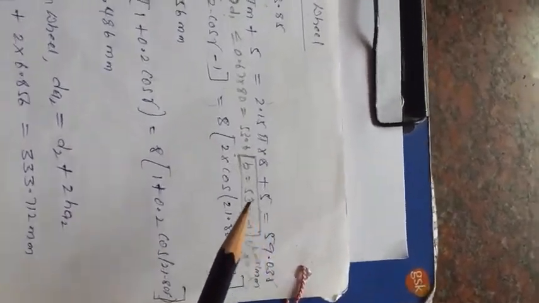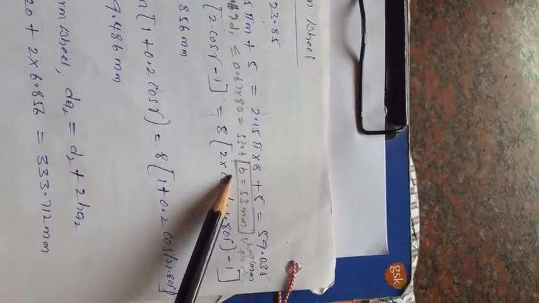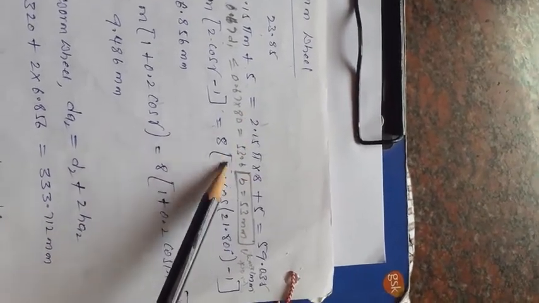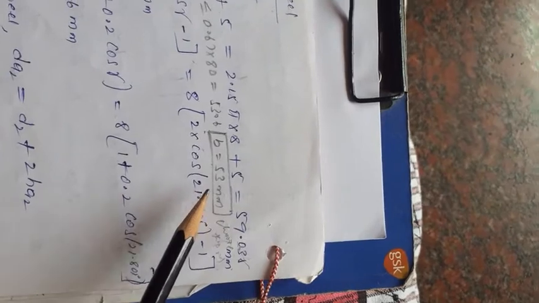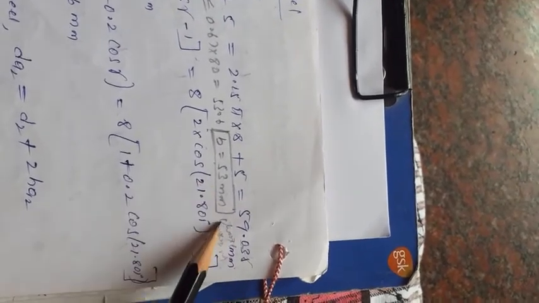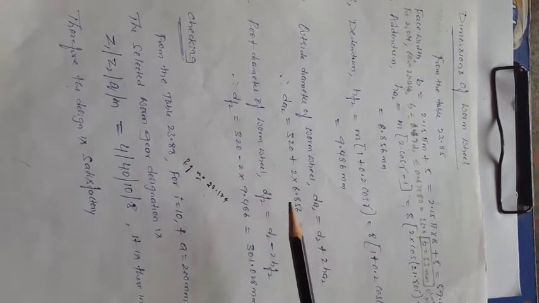Then I will take the b value to be less than 53.6, and then I will round it off. The face width is 53 mm. Similarly, go on to calculate the other dimensions of the worm wheel: addendum, dedendum, outside diameter of the worm wheel, and root diameter of the worm wheel. Then you go for a check.